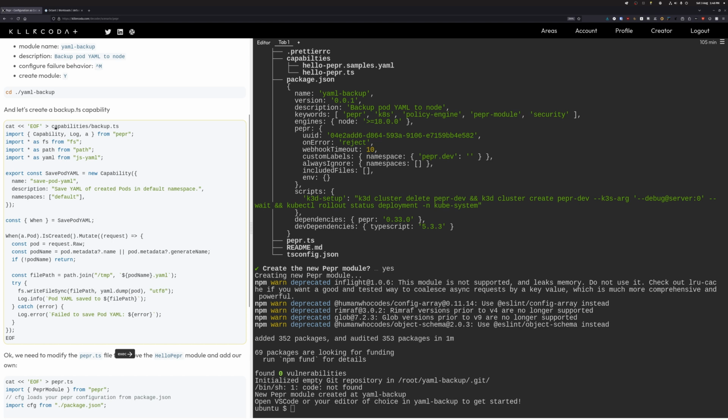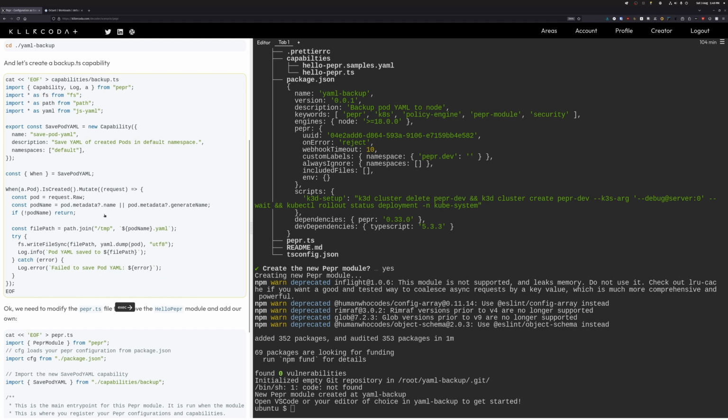All right, so let's create a backup TS capability. Again, here you can see we are using Pepr SDK. We're importing a capability, log, and a object. And we are also adding a few more libraries just to access file system and convert between JSON and YAML. And the capability is relatively